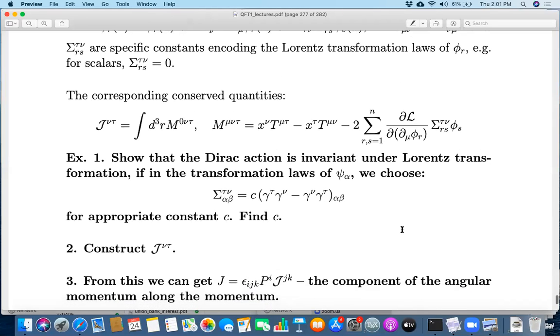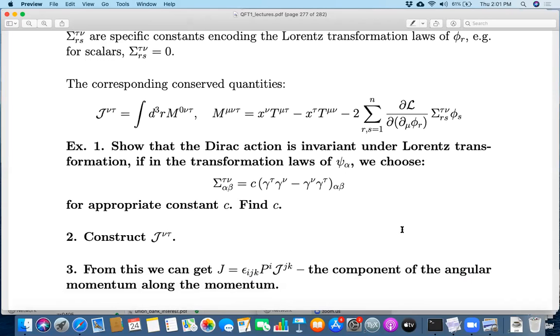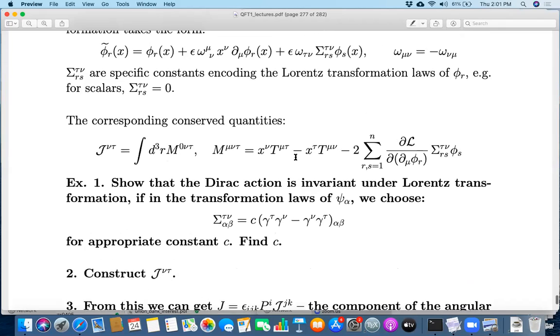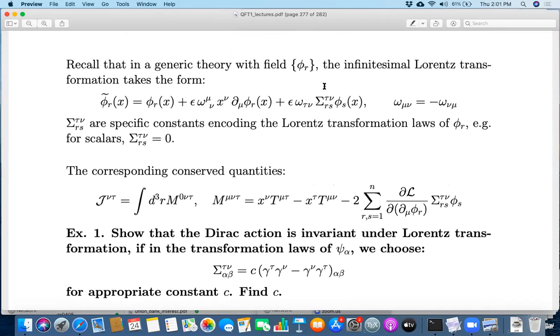Now I'm going to leave you with some exercises. The first exercise is to show that the Dirac action is invariant under Lorentz transformation, provided we choose the sigmas appropriately. And for the particular choice of sigma, sigma now will have, of course, the tau nu index. These run from 0, 1, 2, 3. Instead of RS, which were the field labels, here you have alpha beta, because the Dirac field carries this index alpha. So we are looking for what is sigma tau nu alpha beta